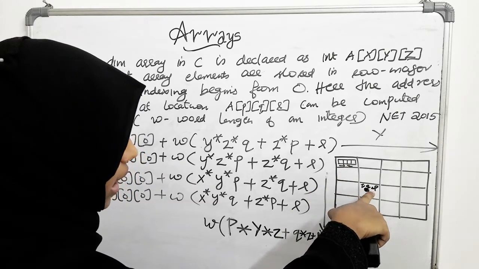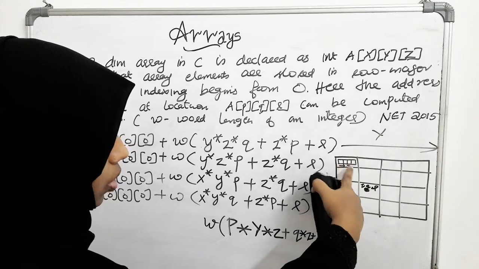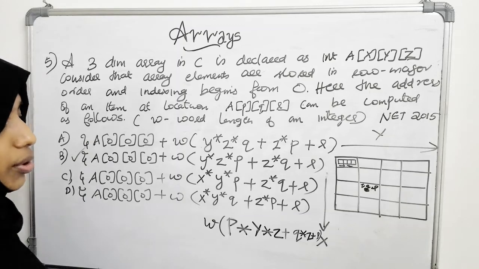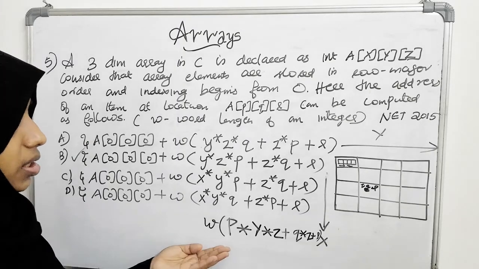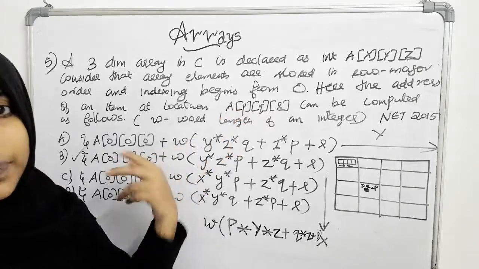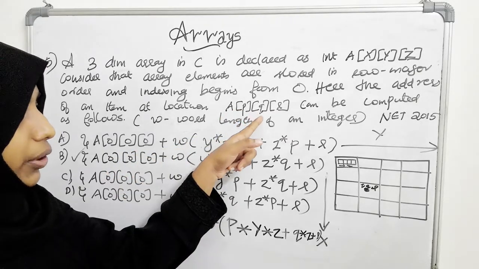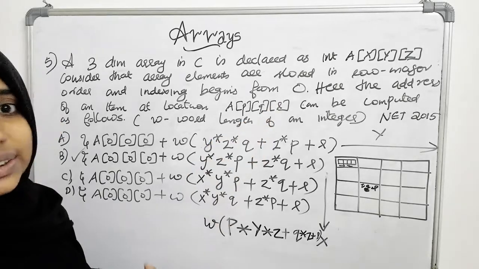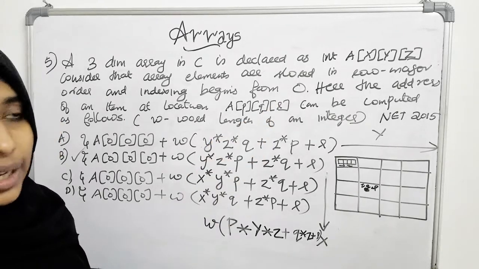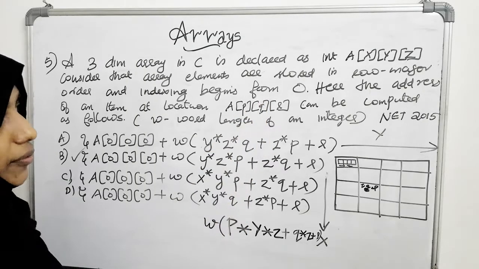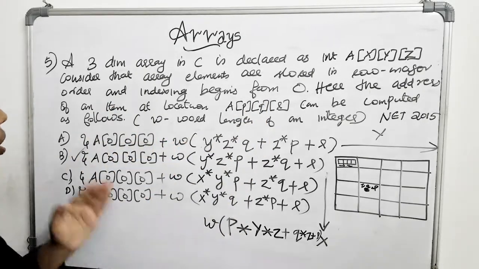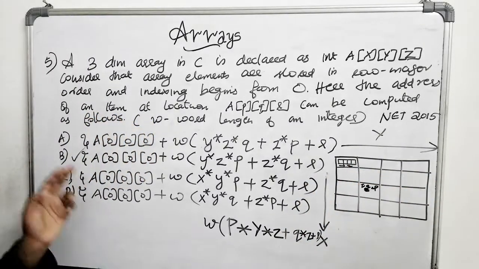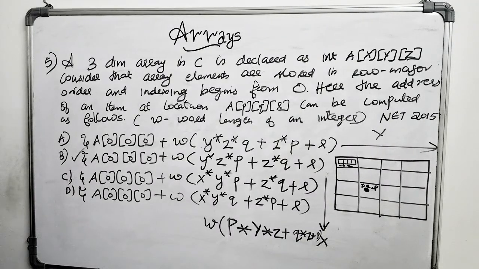Now once you reach this, to retrieve the rth element, you have to bypass all the elements before the rth index. One thing you need to keep in mind is that when you say pth index, that means p plus 1th row. When you say qth index, that means q plus 1th column. When you say rth index, that means r plus 1th data cell, because the indexing starts from 0, and since the elements are stored in row major order, you have to go horizontally like this. So this is the correct answer. Hope this is clear. We will move on to the next question.